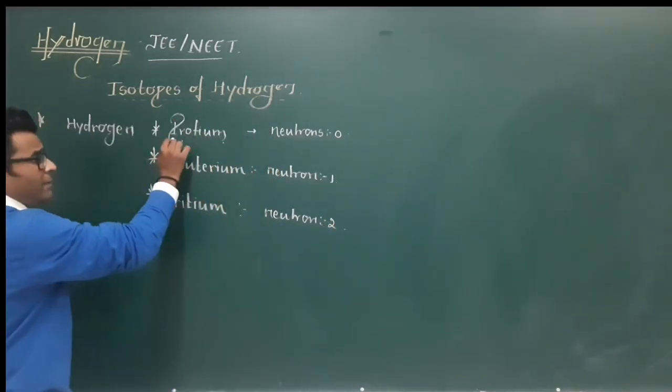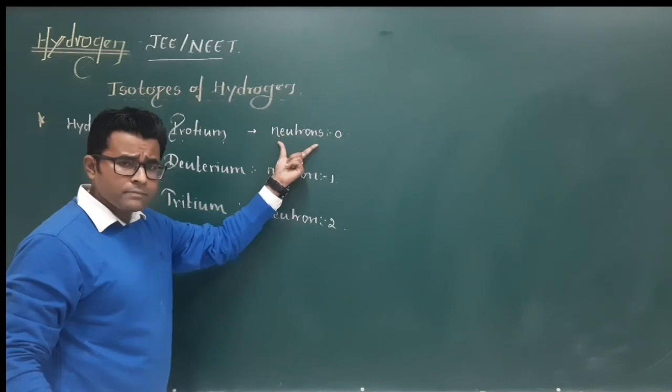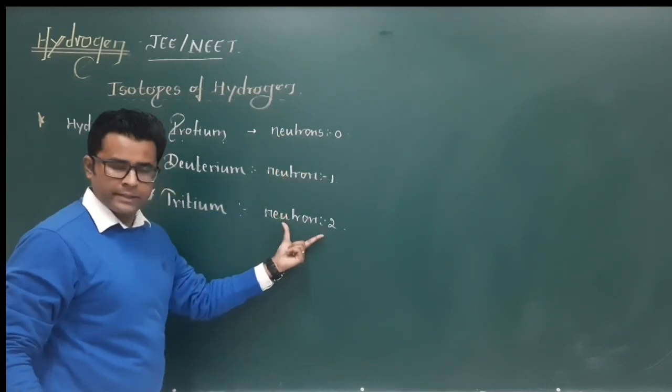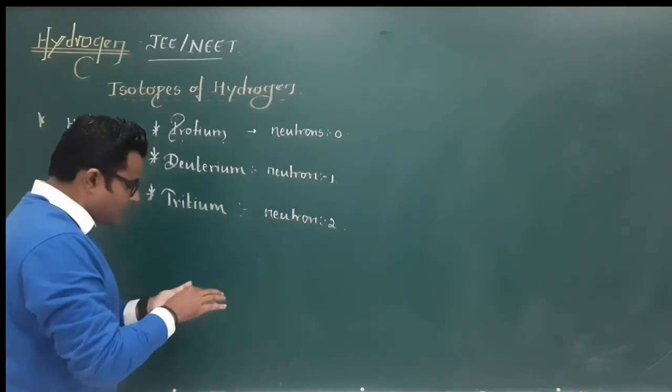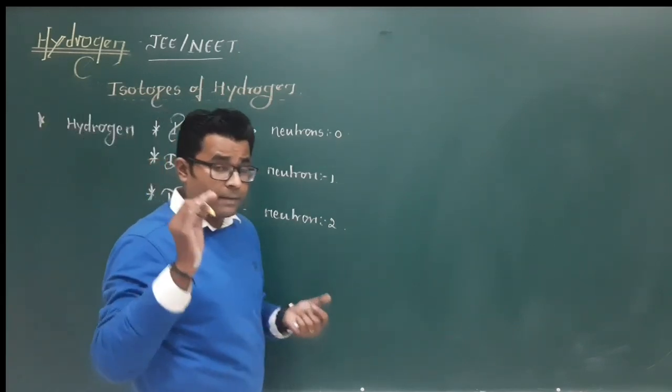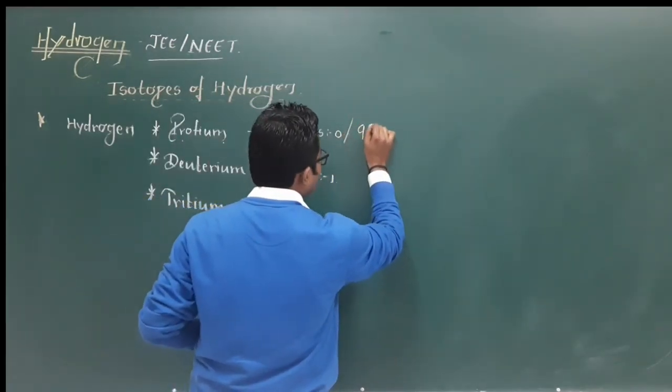While, of course, the number of protons in this remains 1, 1, and 1. Correct? Now, in this entire case, what are the important facts that we have to remember is that protium forms almost